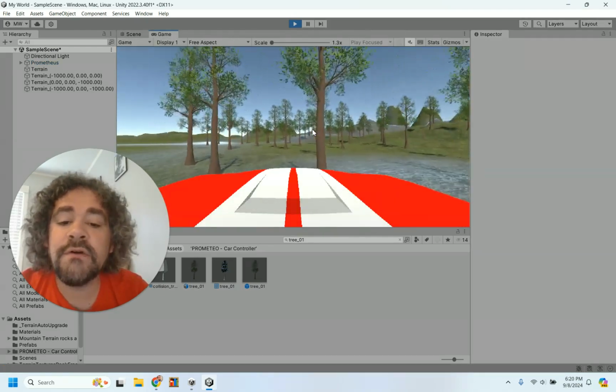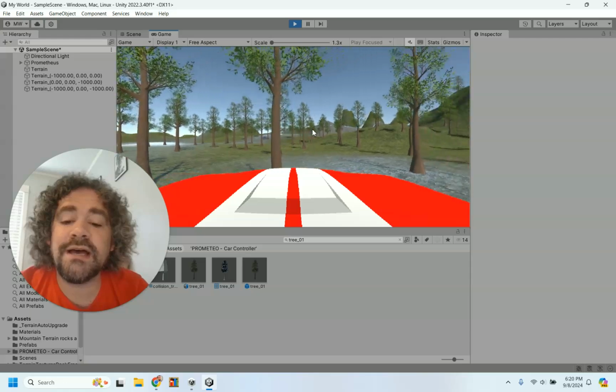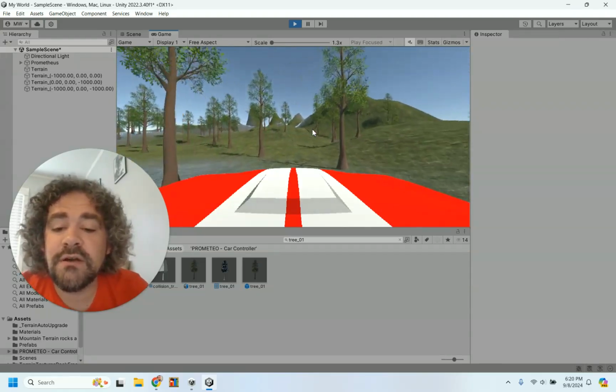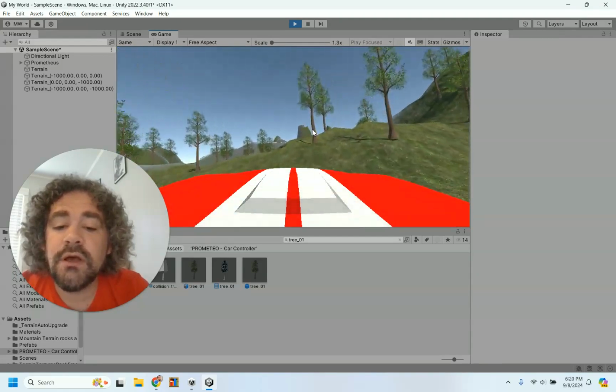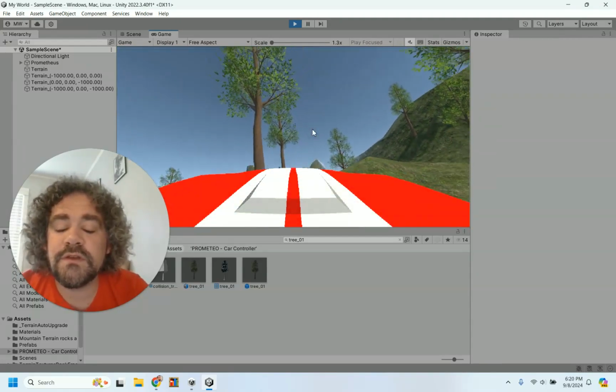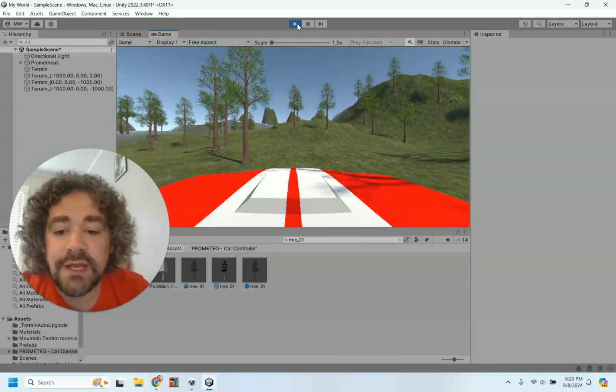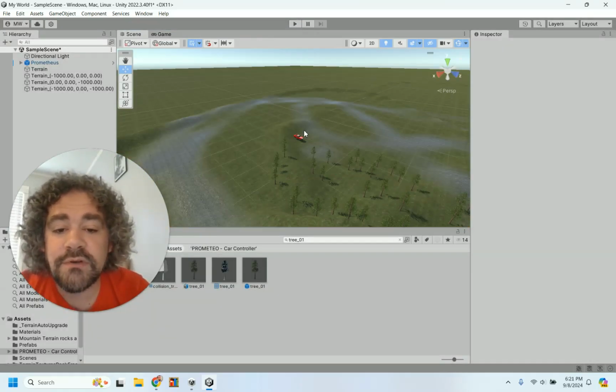So now these should all have box colliders on them, and it works! Haha! Yep, so that was our problem. Our problem was just that the mesh collider was being buggy. Okay. Cool. Alright, so I've got trees that'll stop me from driving around, and I can build a bunch